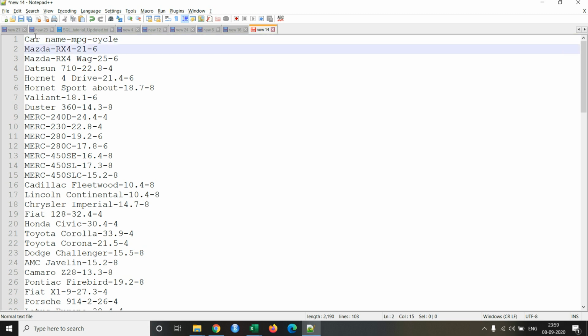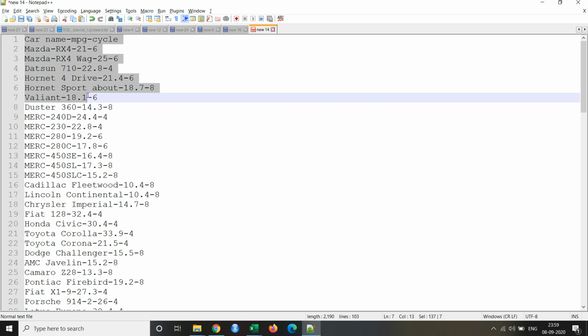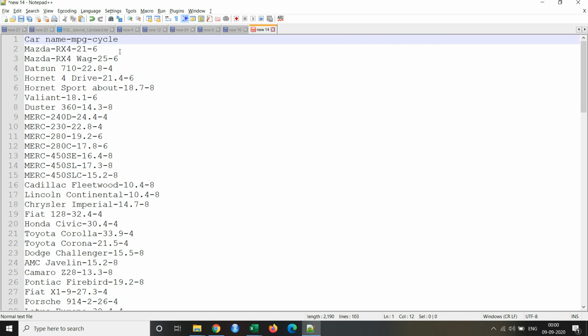Now if you see this here in my text editor, you will know that in our previous video we have used the car dataset. For example, here the first column is car, then there is a dash, then the second column, which is MPG, and then again a dash, and the third column is cycle.